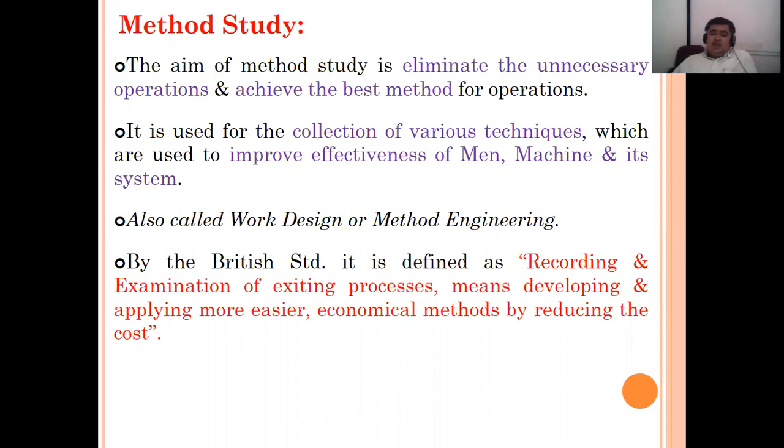Let's consider that in an 8-hour shift he has produced 50 products, but the capacity of that worker or that machine is that in 8 hours it can produce 80 products. Whatever time was required for those 30 products becomes unnecessary. So is it unnecessary time, are they unnecessary operations, and can we eliminate those unnecessary operations?